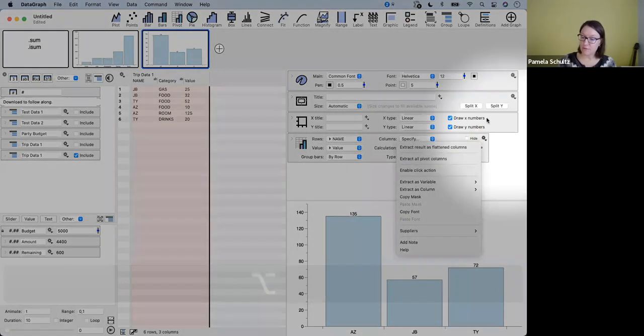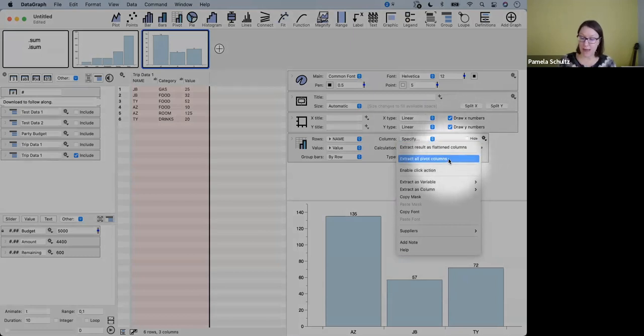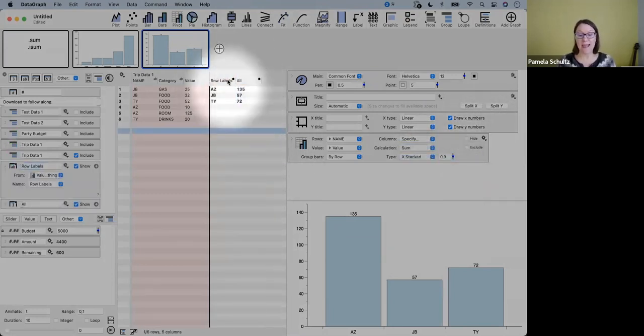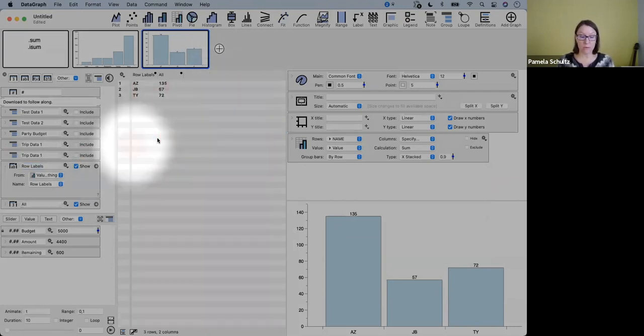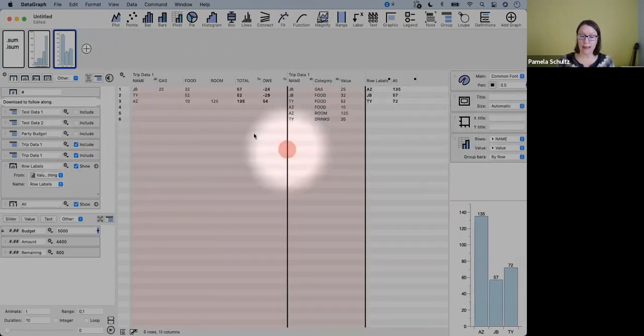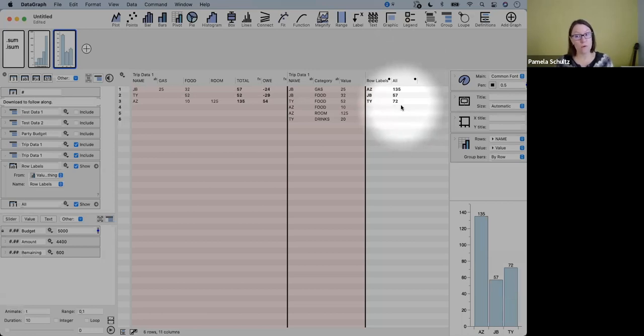in case, again, for those of you who may not have done this before, any of the commands that perform calculations for you have the ability to extract that data back out into the data table. So here I'll click on the gear menu, I'll select extract all pivot columns, and now I have in my data table the same thing that I had in the first version, right? Where I have this column of totals. I have a column of totals here, and they're in a different order since it's alphabetically ordered, but you can see